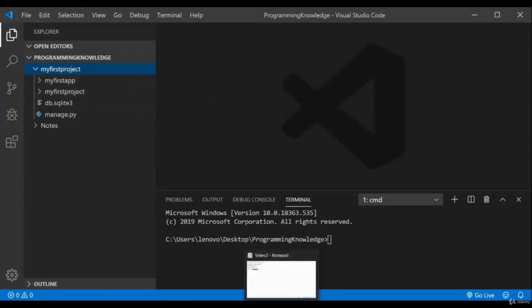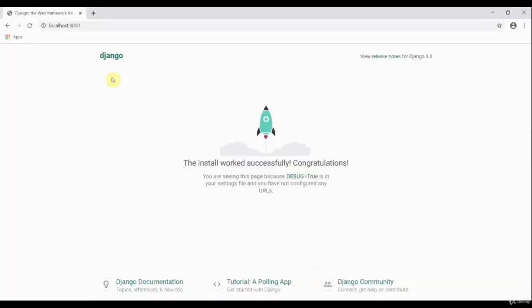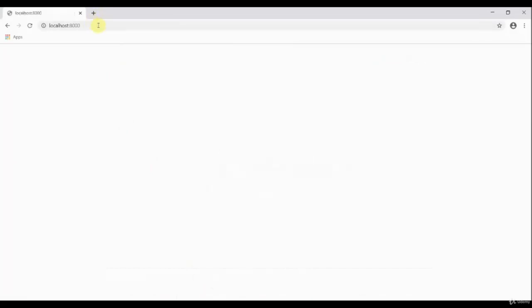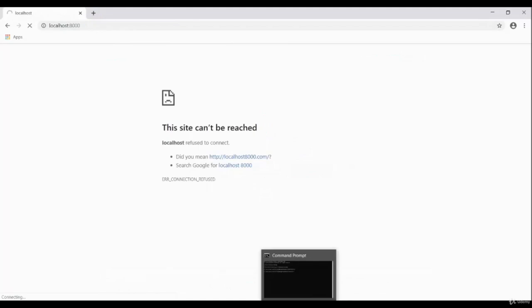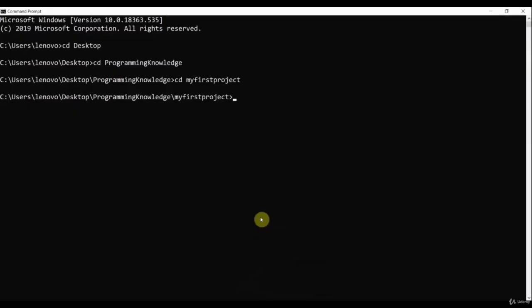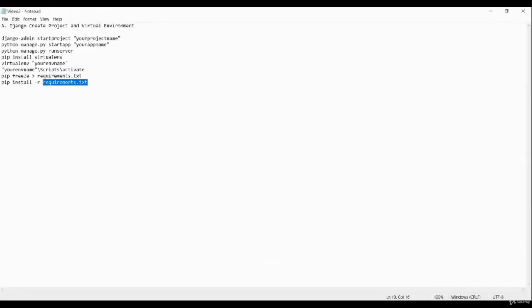So I started the server and it was running fine. So I will refresh this page. So the server won't run now, I guess. So it's not running, because I had terminated the process. So okay, now it looks fine. So now what I want to tell you is, you can open your command line